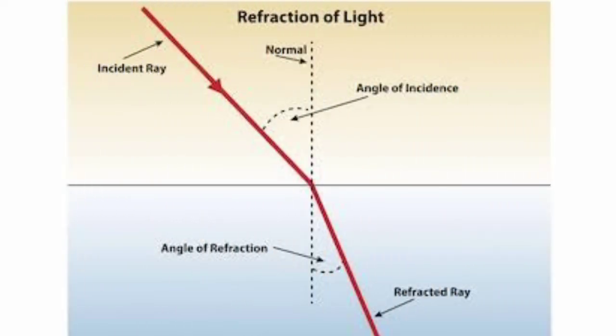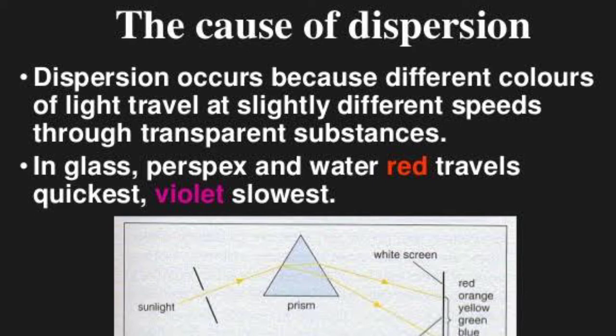Now what causes dispersion? The reason behind this is refraction. When the 7 colors travel from one medium to another medium, each color bends by a different amount, and this makes light appear as a spectrum of 7 colors. This is what happens when light travels from air into a prism. The glass medium of the prism causes light to split into its 7 colors. You will study the term refraction in higher classes. So the main reason is refraction.